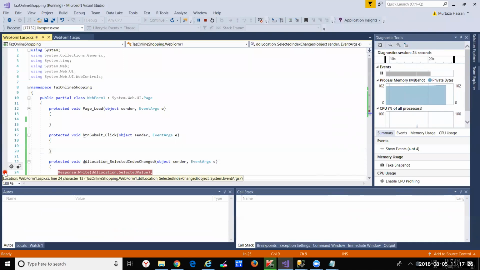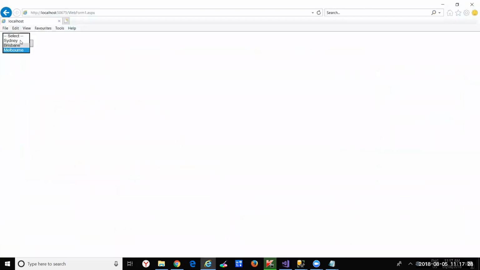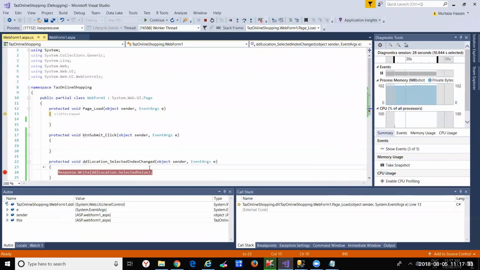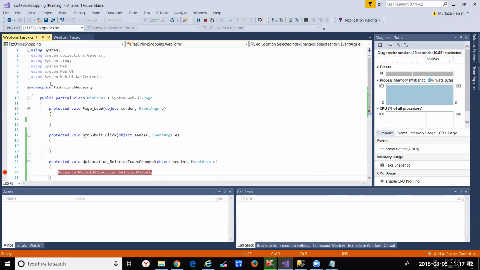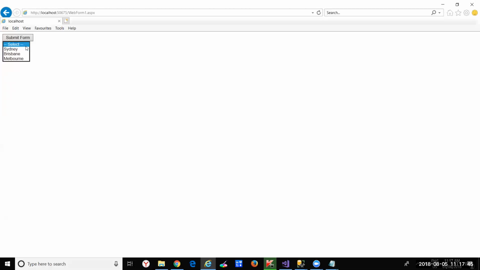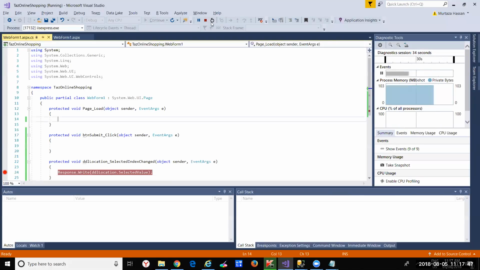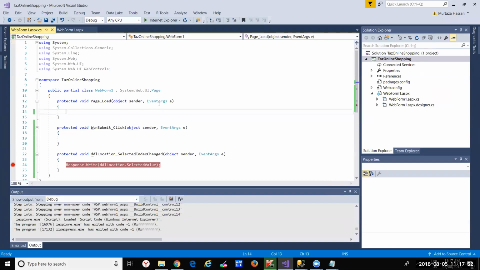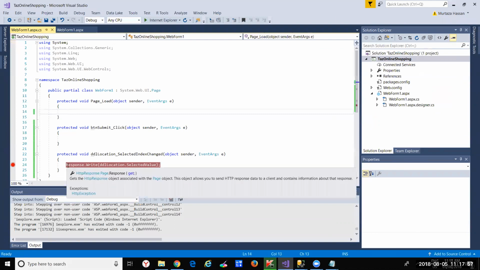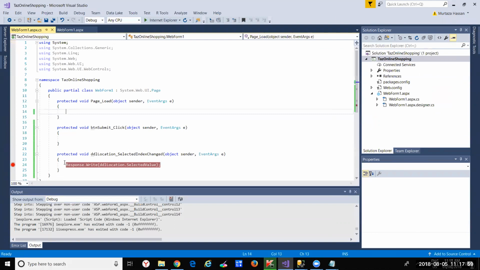Okay, and if you select blank, it will go to the event, it will show blank. The value of the selected value was blank, and it will show nothing on the web page. Okay. Now, this code here, if you see here,